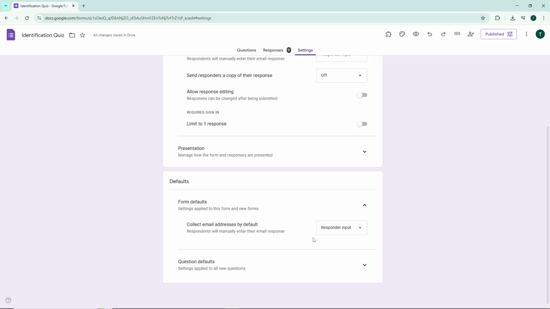And that's it. You've successfully configured your Google form to collect email addresses from respondents. From now on, whenever someone fills out your form, their email address will be captured along with their responses, making it much easier to organize, analyze, and follow up with your